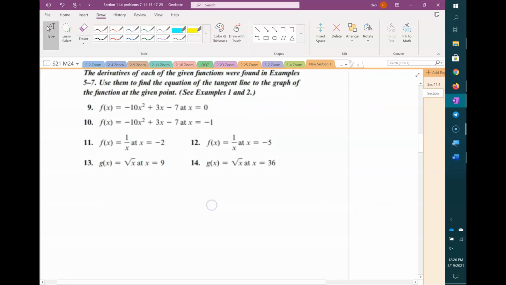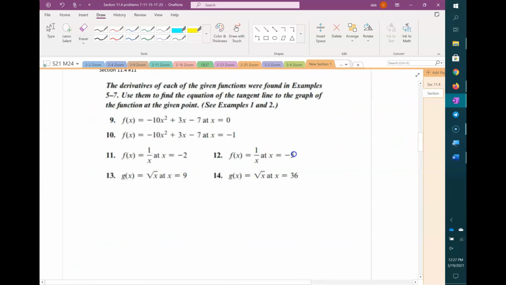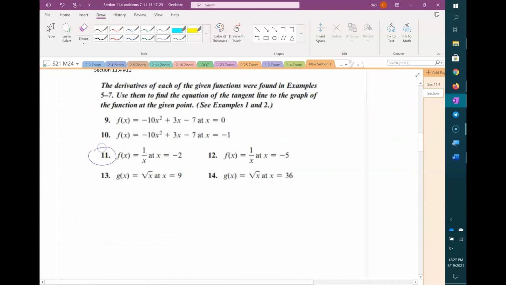Next, I'm going to look at number 11. Okay, so number 11, my function is 1 over x. So I need to find the derivative, but actually they're given to you in this case. So I'll show you how to find it, but it's actually in example 6,